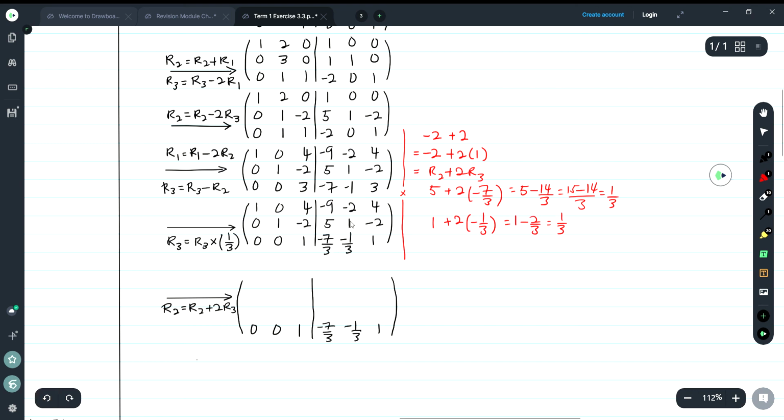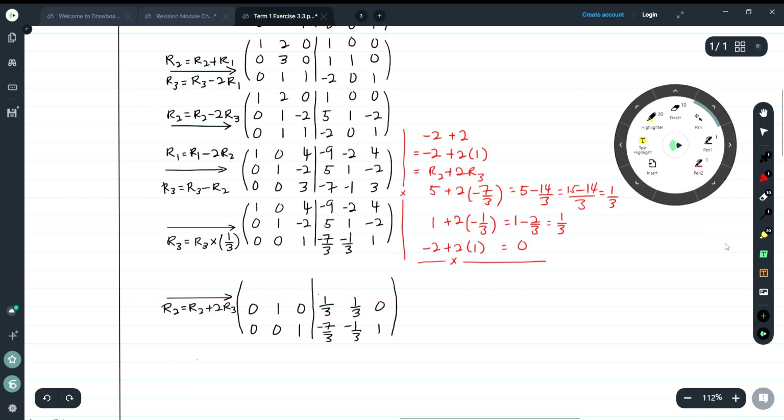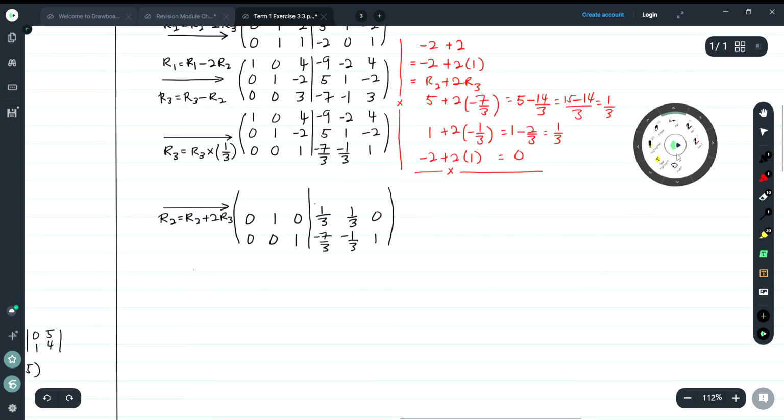Then for this element, R2 plus 2R3. R3 is minus 1 over 3. So we simplify, we get 1 over 3. Then for the last one, minus 2 plus 2, 0. Okay. So we settle the second row. Then for the last column, for the first row,